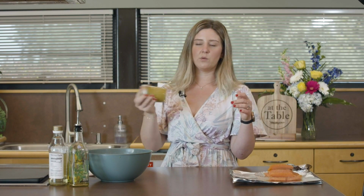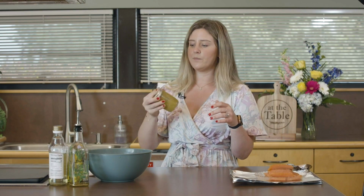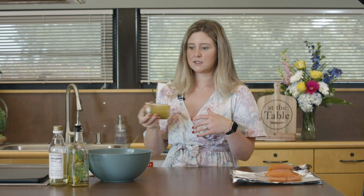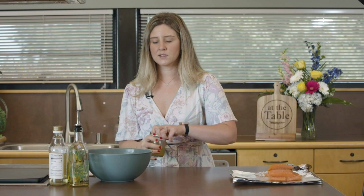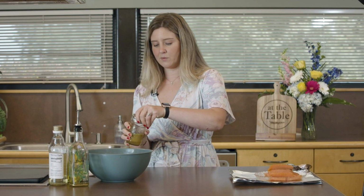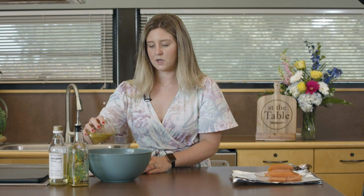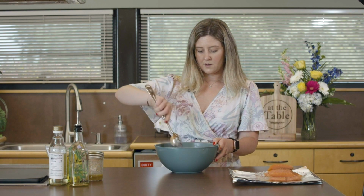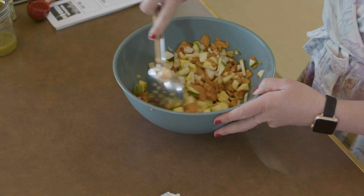Ideally, you do a little bit more olive oil, at least equal parts vinegar to oil, depending on how much of a zip you want. But this isn't really going to be super strong anyways. It's not like it's going to be cooking in it, so it'll kind of give it that flavor, but it won't be overpowering because we're not using a whole lot of this. So I'm just doing about 2 tablespoons of that. And then you can save that for a dressing later. And then I'll just stir this up, make sure it's coated,